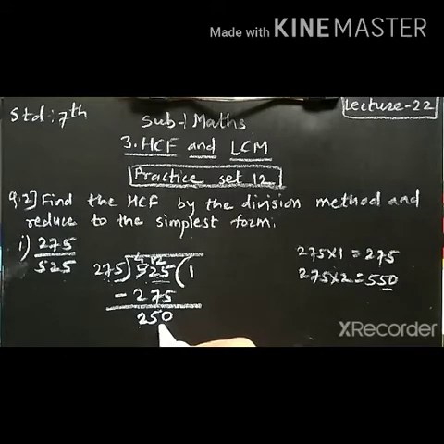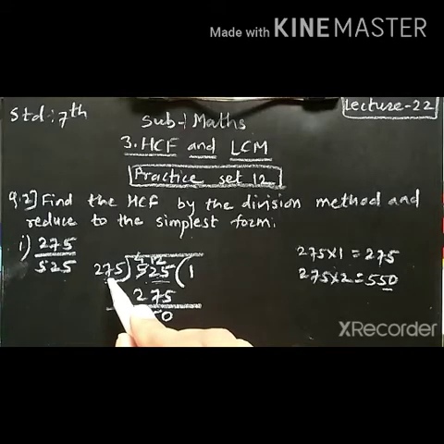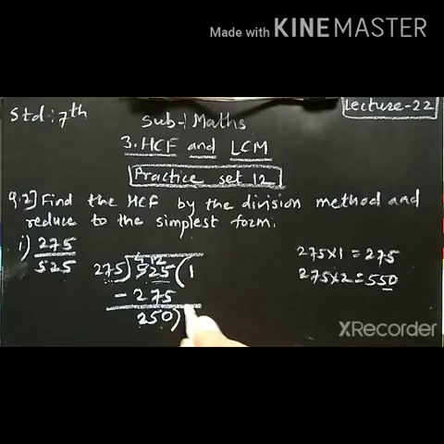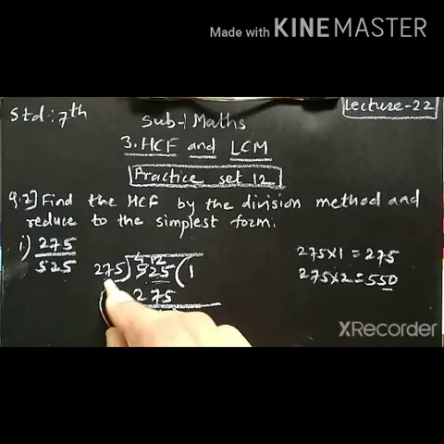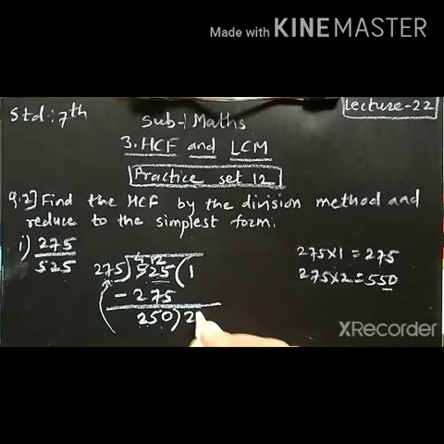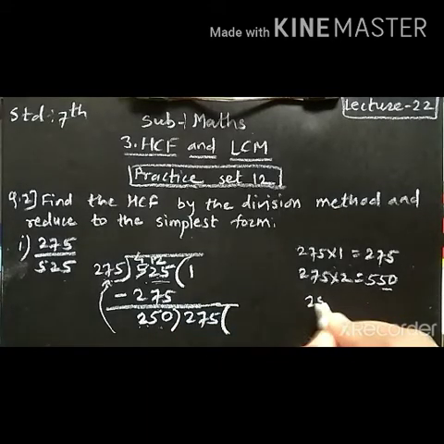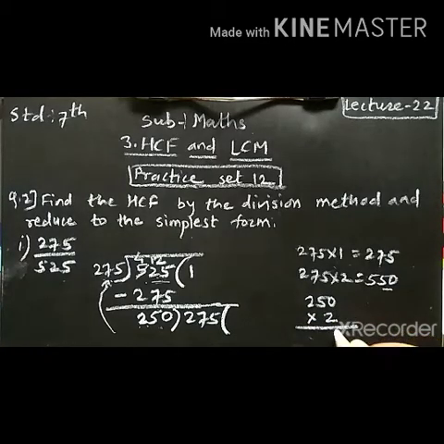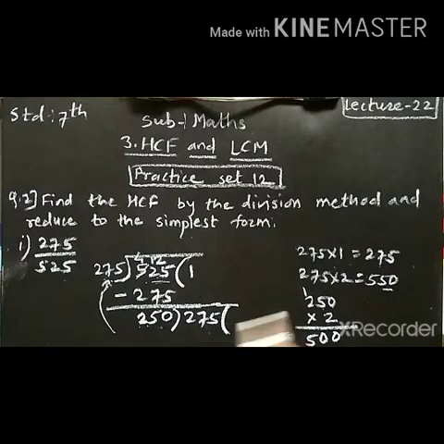we have to divide this remainder into the previous divisor. So divide the previous divisor by the remainder. Now see, 250 ones are 250 and 250 twos are. See, we will get 2 zeros are 0, 2 fives are 10, 1 carry, 2 twos are 4 plus 1, 5. Now we got 500. See, 500 is bigger than 275, so we can't take. So 250 ones are 250.